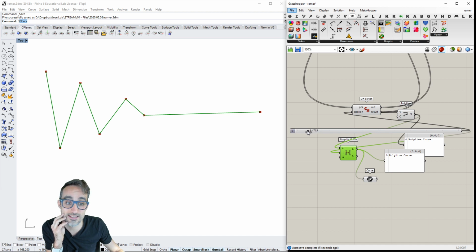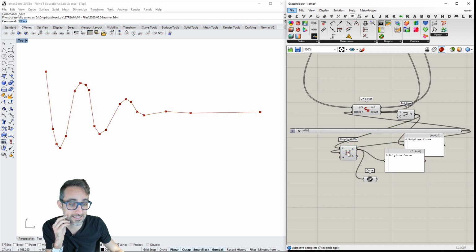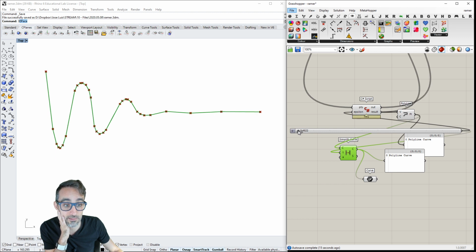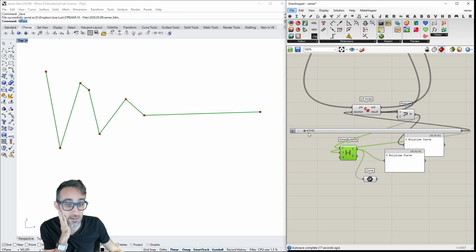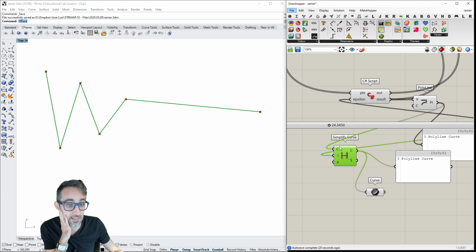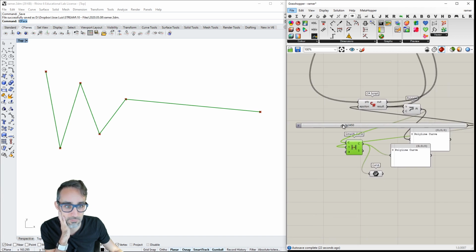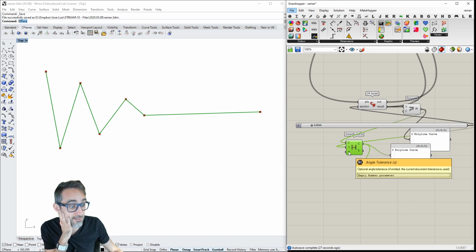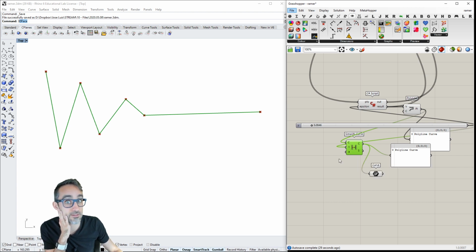You guys can see that the simplified curve in Grasshopper is probably using the Douglas-Peucker algorithm as well, because I just plugged in this value, and it's giving me the same simplification. That's interesting, but it's also using an angle tolerance. So maybe there is another simplification algorithm out there that we can use for angles.